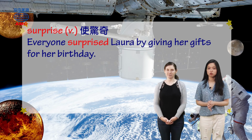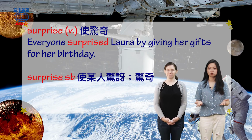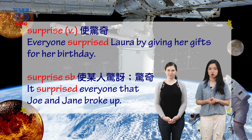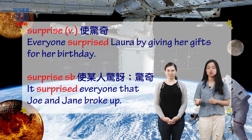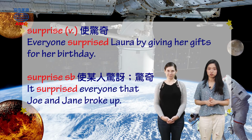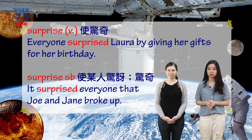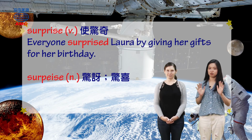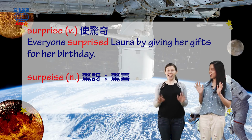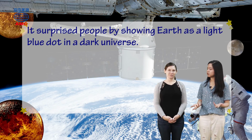Surprise 是个动词哦，是表示惊讶、让人惊讶或是惊奇。后面我们可以直接加让谁感到惊奇，所以我们可以说 It surprised everyone that Joe and Jane broke up。大家都很惊讶他们分手了，或者像例句也是这样，就是 Laura 生日时送礼物给他，让他感到很惊喜。那另外 surprise 本身也可以当名词，就是惊讶或者是惊喜的意思。像刚刚说要吓人，或是躲在门后说 surprise，就是当名词的用法。